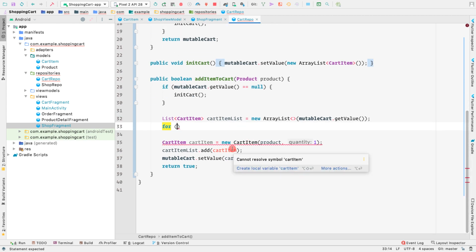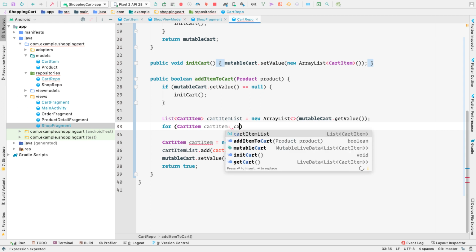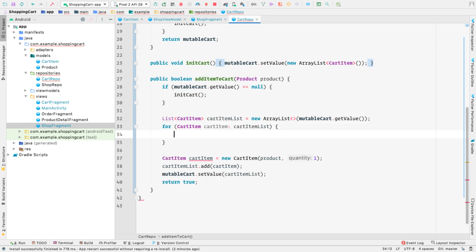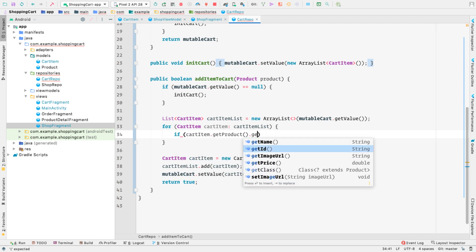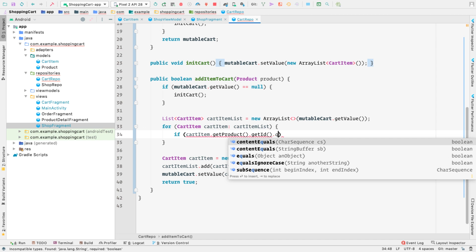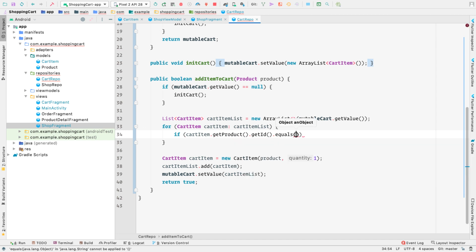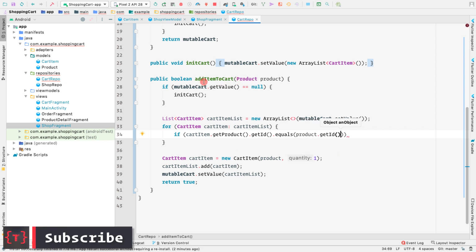So for cart item in cart item list, and here what we'll do, if cartItem.getProduct().getId().equals, that is if the ID is equal to product.getId(), that is this product that is coming here inside this method, addItemToCart.